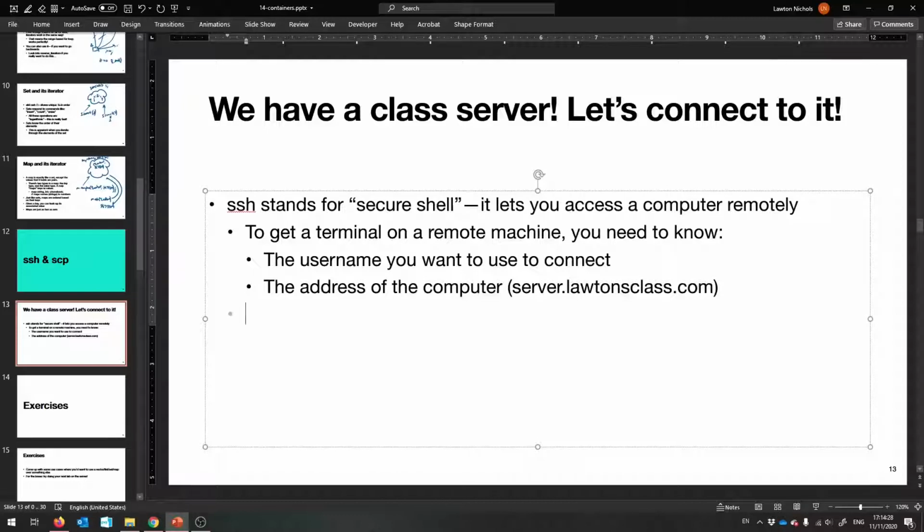And you all have accounts. I made them for you, otherwise you wouldn't be able to submit your programs. So let's connect. And the way you do it is you say SSH, then you say your username, @ and then the name of the computer. It's like an email address. server.lautensclass.com, and hit enter, and suddenly you will be asked to type in your password and you can log in. Okay, so